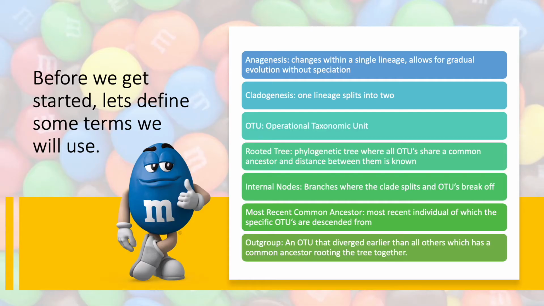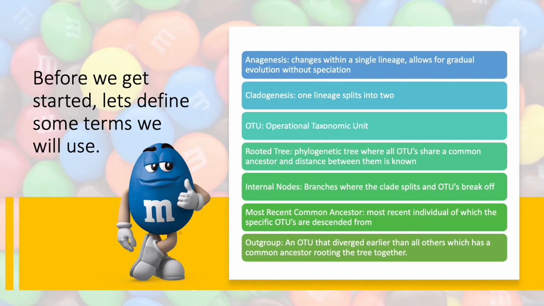Before diving in, let's define some of the words and terms that we will be using today. Anagenesis is changes within a single lineage, and this is what allows for gradual evolution without speciation to occur. Cladogenesis is when one lineage splits into two, meaning that speciation has occurred and two OTUs have evolved from a common ancestor. OTUs are operational taxonomic units, and in our scenario today, these will be the different types of M&Ms